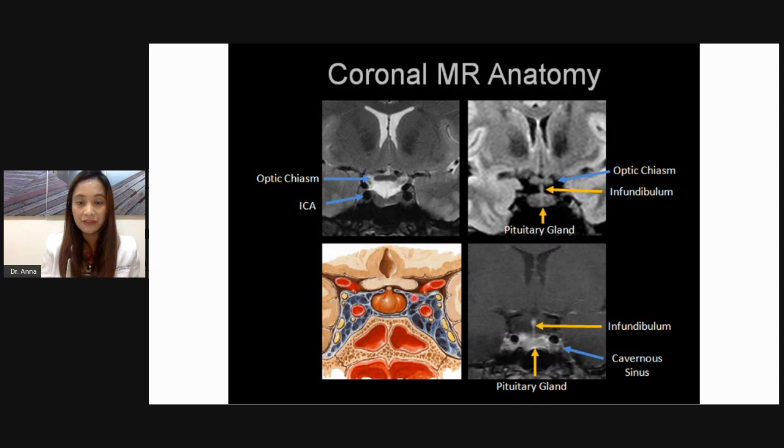And your different cranial nerves in this illustration. Those yellow structures there are your different cranial nerves. Okay. So any problems in your pituitary would have impact on the surrounding structures because this is an enclosed space in